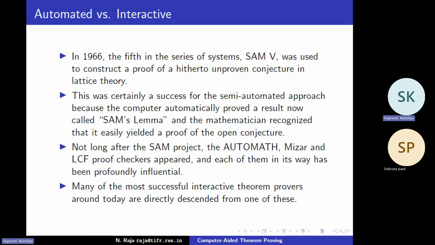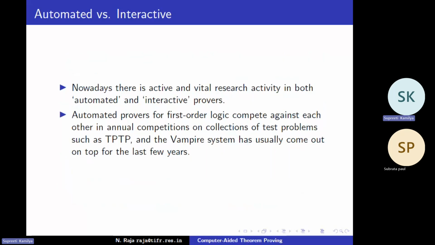I'm giving you these names so that you can look them up and see whether they are of interest to you. All these are like completely different programming languages for writing down proofs. Some of them may appeal to you, some of them may not. You may like Java, you may not like Prolog. So there are various ways in which people have come up to write down formalized proofs, and you can see which one is to your taste.